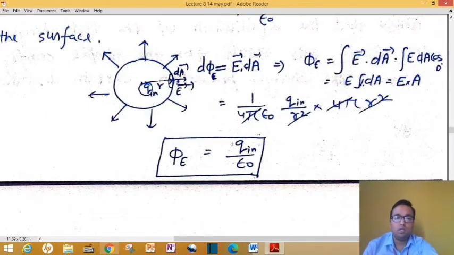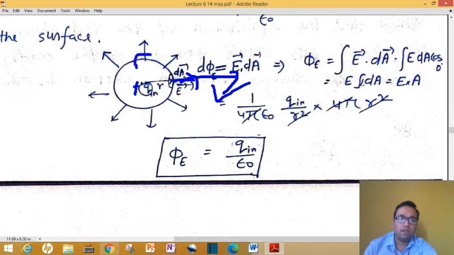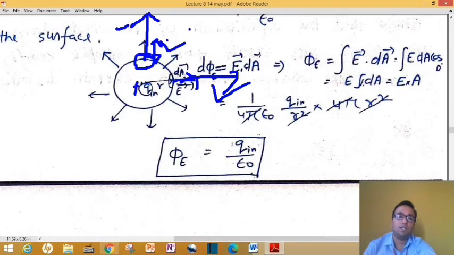So here also this area vector is along the plus i direction, and the electric field, we know, is away from this positive charge, so that will also be in the i direction for this point. For another point it will be different, but for this point the area vector and electric field vector are both the same. If I ask you where the electric field will be at this point, that will be along this arrow, because it is away from the positive charge and along the line. And what will be the area vector? That will also be in the same direction, because the area vector is always at 90 degrees with the surface. Okay, so at every point you can see that your area vector and electric field are both the same.